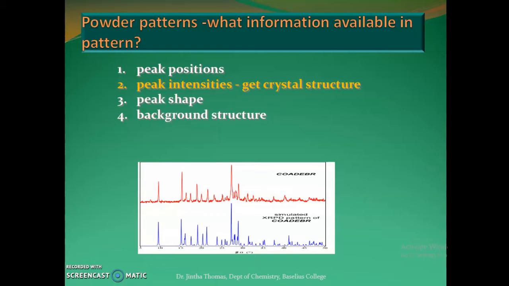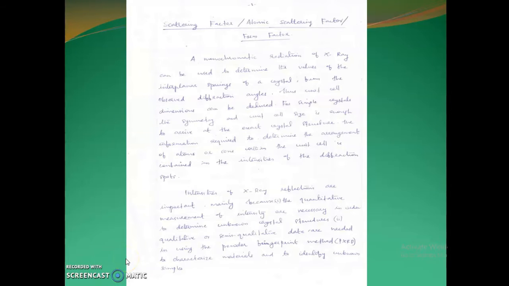And the information required to determine the arrangement of atoms or ions within a unit cell is contained in the intensities of the diffraction spots. From the intensities of the diffraction spots, we can deduce all this required information. So I'm not going to discuss it in detail. I will just explain the notes that I have already shared with you, so it will be easier for you